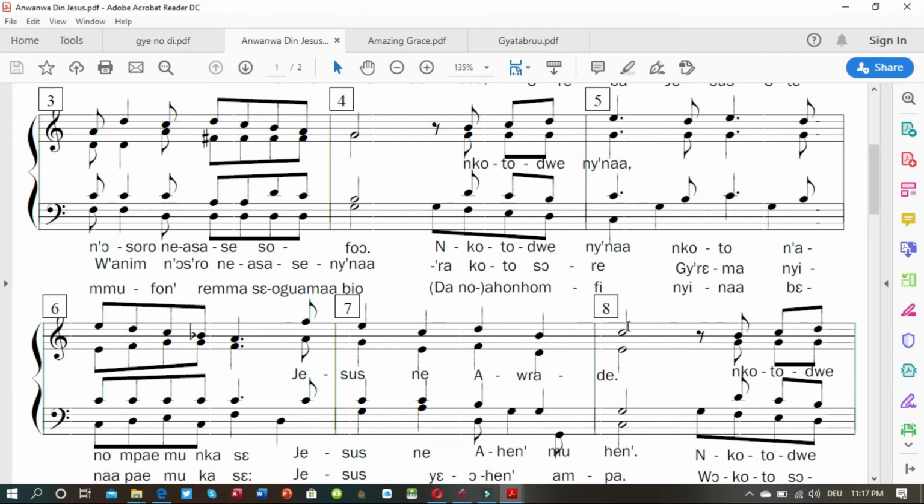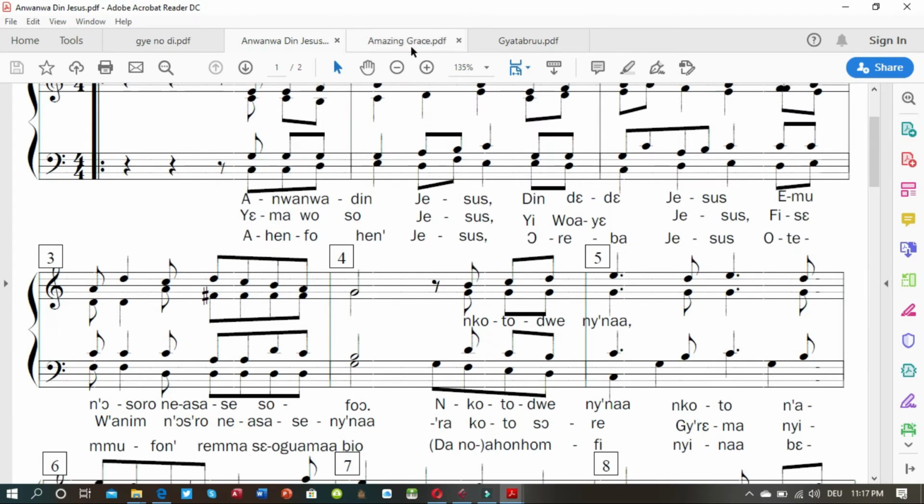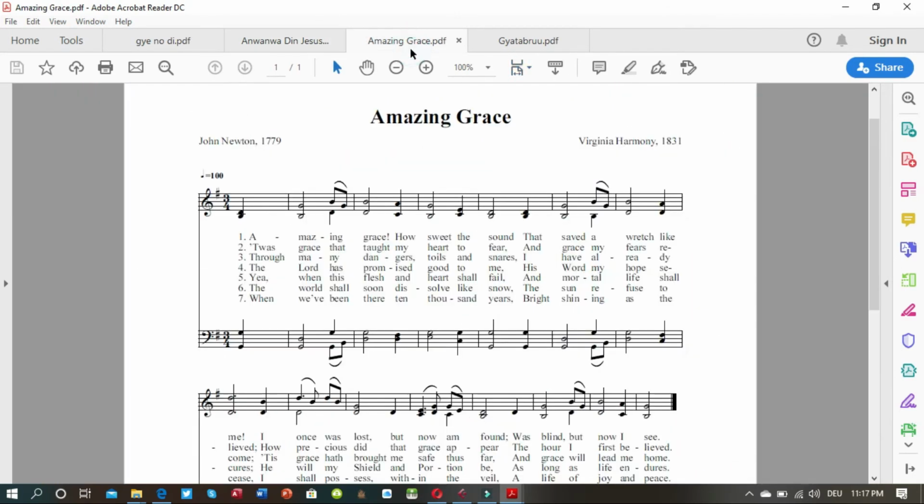So that is it when it comes to 4/4 time signature. Now let's go to the next piece. That's Amazing Grace. So Amazing Grace is in 3/4, meaning that we need to get 3 crotchet beats in every